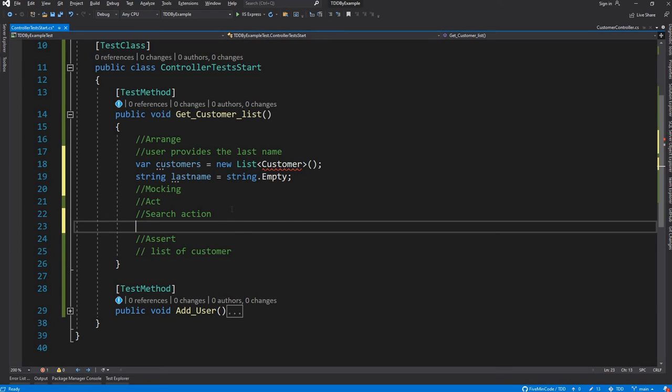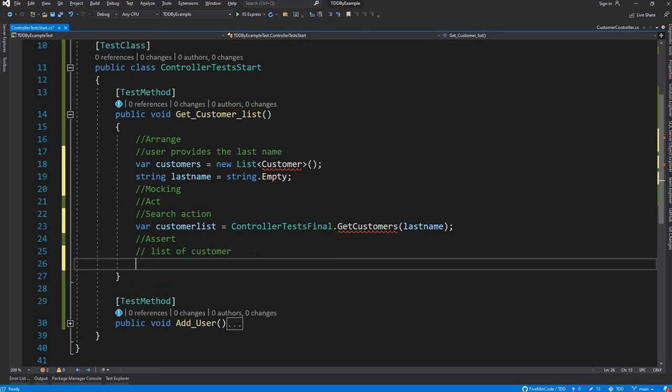So consider we are calling an API. We will be calling a customer list, which will be a call to a controller. Now this controller will be an API controller, and we will have a get customer call, right? Which will take the last name and give us the result.